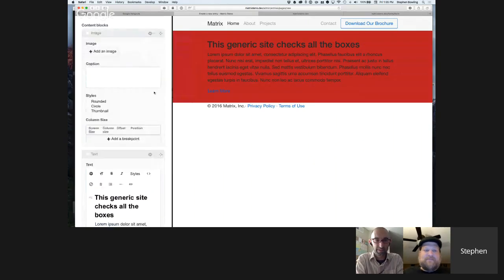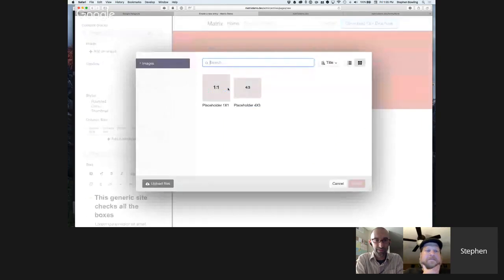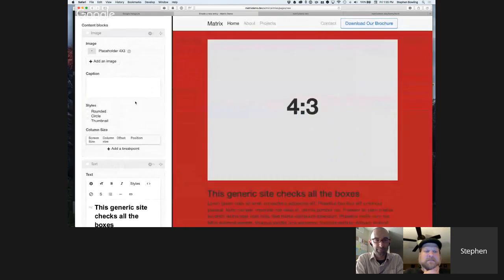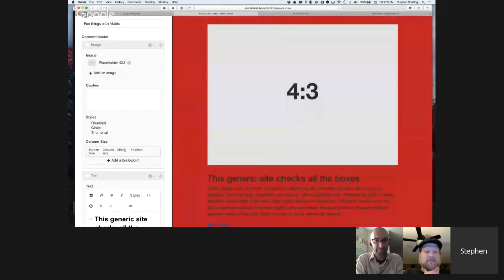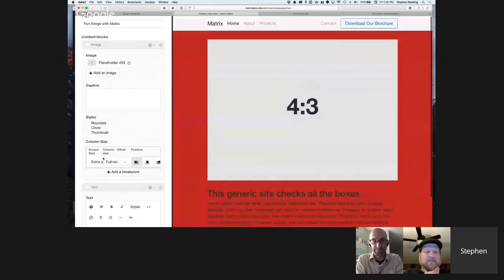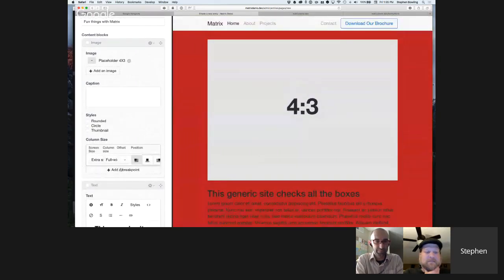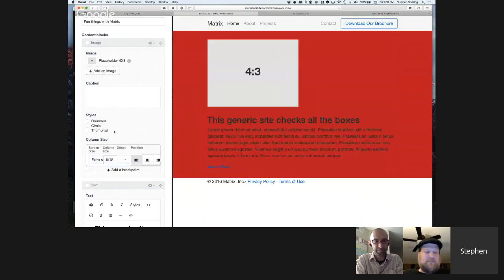And so I add an image above that, and we'll start to see a layout develop here. So again, that's full width. Maybe we don't want to be greeted with a giant 4x3 image when we hit the page. So I'm using a super table here to add breakpoints. The super table is broken down into screen size, column size, offset, and position. So you can change it for different breakpoints. And we'll say instead of full width that we want this to go half width. And